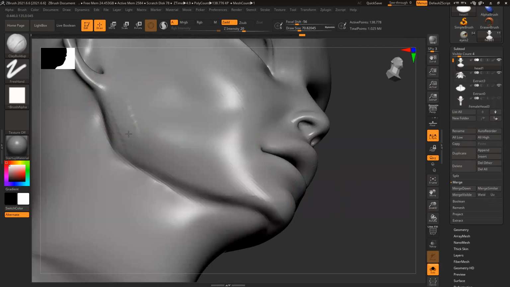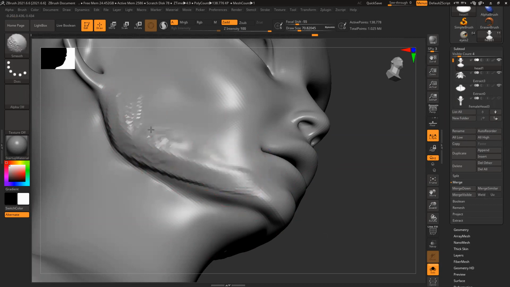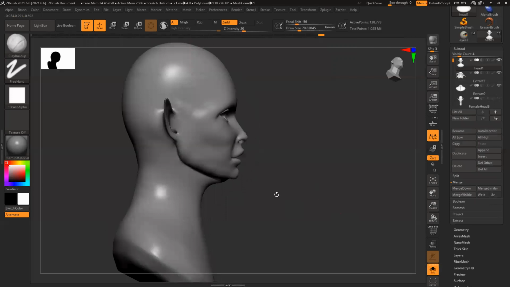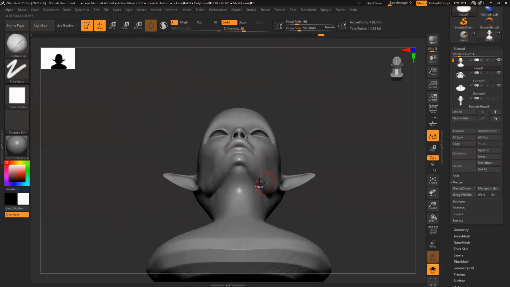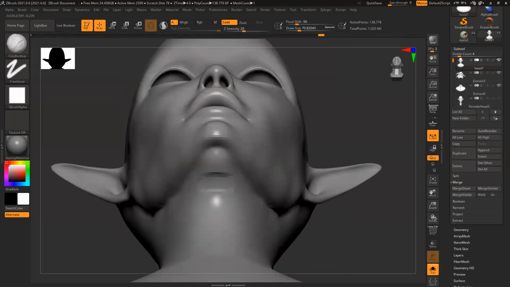Then add a little volume to the jaw. So it will define the jawline, make it very prominent, and minus this thing slightly. This line should not be visible.